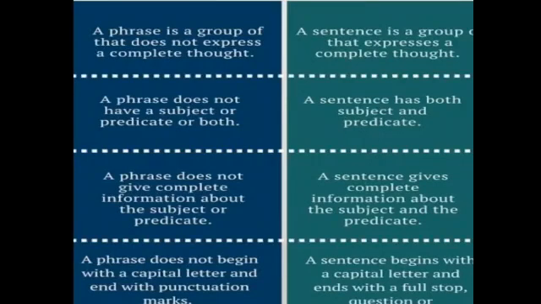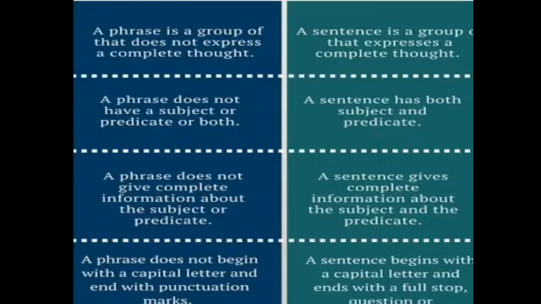Again, a phrase doesn't have a subject or predicate or both. On the other hand, a sentence has both subject and predicate. A phrase doesn't give complete information about the subject or predicate. A sentence gives complete information about the subject and the predicate. A phrase doesn't begin with a capital letter and end with the punctuation marks. And as we know that a sentence begins with the capital letter and ends with a full stop, question mark